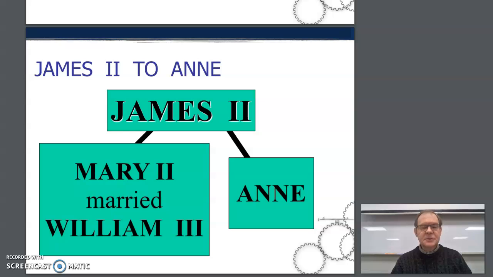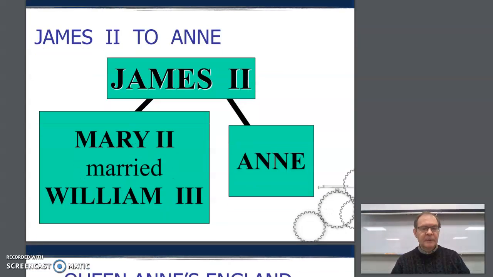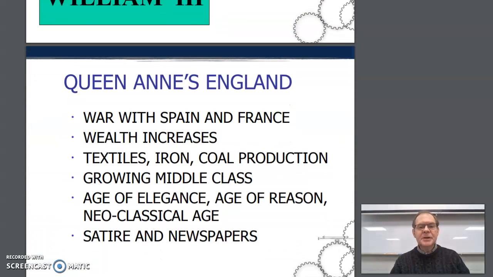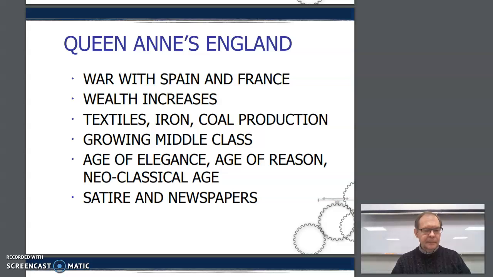But Mary died first. William continued to rule a few years after she died, and when he died, Mary's sister, Queen Anne, took over. Queen Anne's England saw many changes. England started the War of the Spanish Succession to break up a unified military force between Spain and France. John Churchill was the hero of that war, an ancestor of a more famous Churchill even, Winston Churchill in World War II.